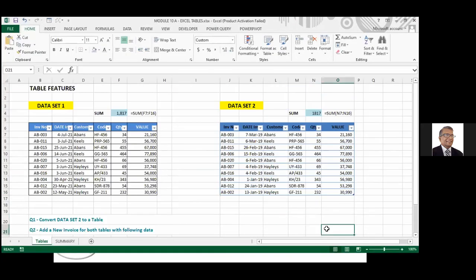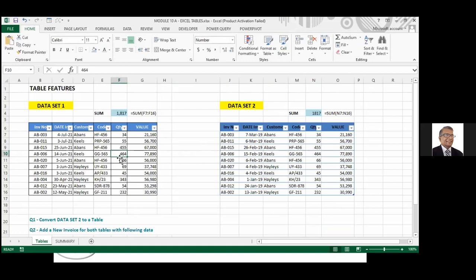Look at these two. Both look the same. How do you know it's a table? There are two ways. The last cell of the range will have a small blue reverse L gadget here. That means it's a table. This doesn't have it. But you can't be going to the last cell all the time if it's a millionth row. So when you select inside, if you see a table tools tab here, that means it's a table. When you select inside and it's not there, it's not a table.